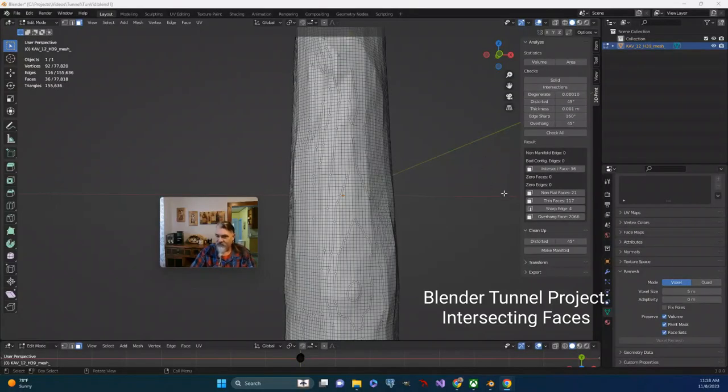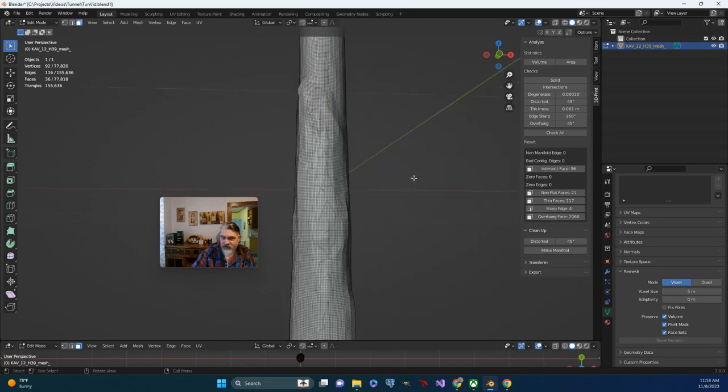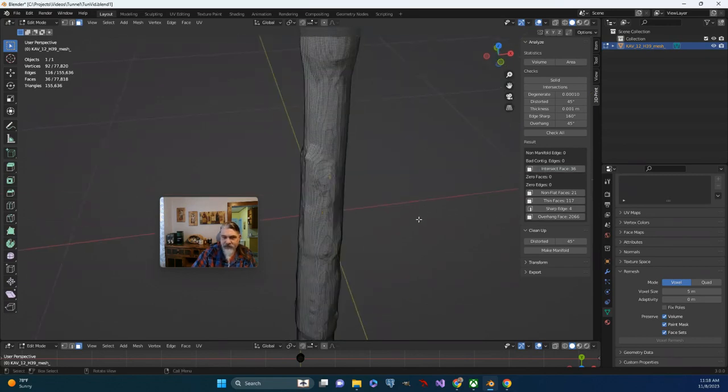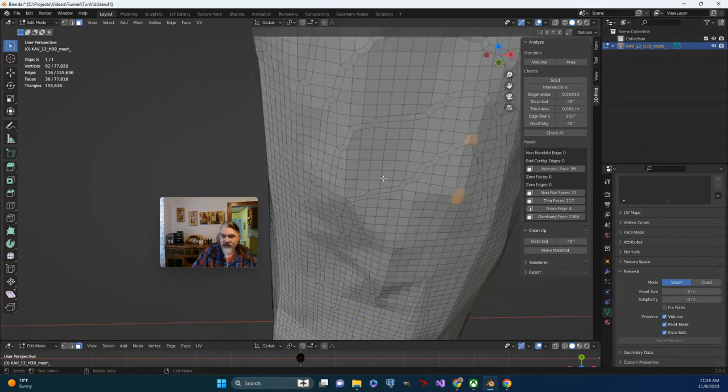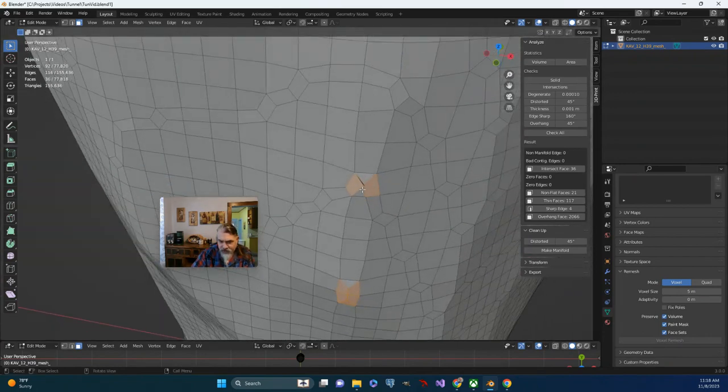Okay, so having made things manifold and having remeshed, there's still a number of issues to consider. I'm going to start with some low-hanging fruit and actually look at the intersecting faces. If we select intersecting faces, it'll highlight some of them, and we can zoom in on them, take a little peek. And it appears that in a number of these cases, if I just zoom in right here,